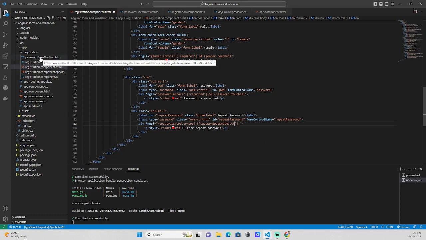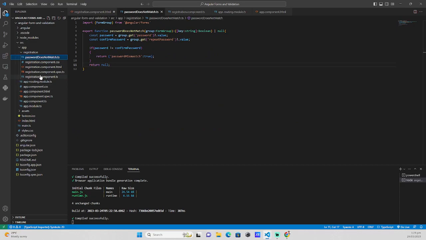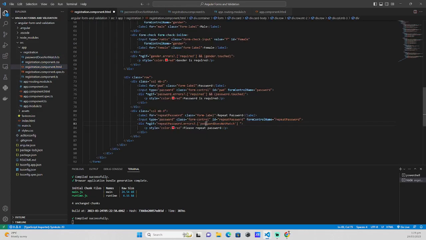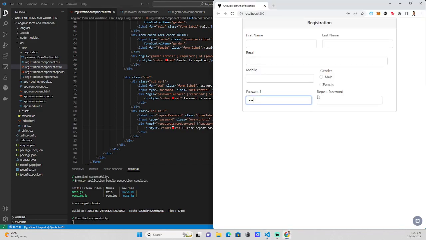But what we're going to do is, instead of adding this function, we will access the password mismatch key if it's true in our registration.component.html. And in here, let's add password mismatch and check if the mismatch is true. So let's save this. Upon checking,